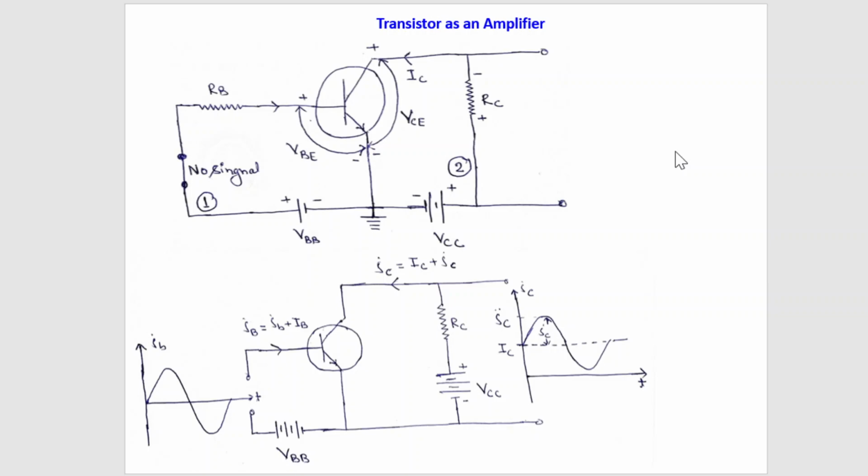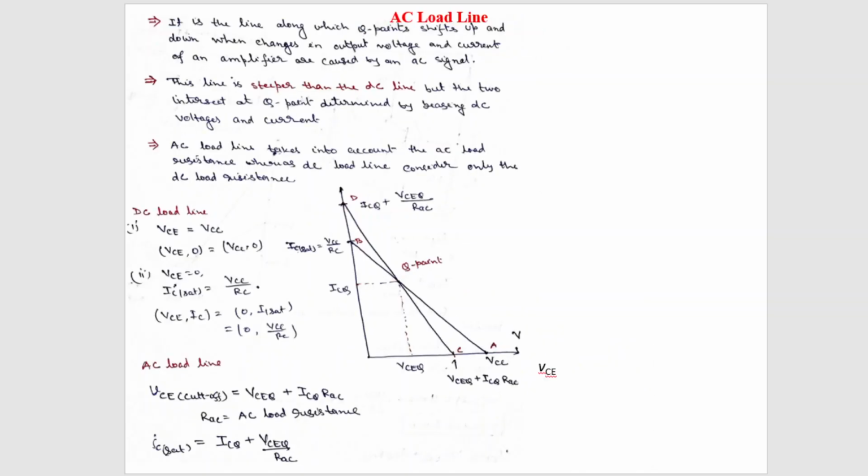And now when we use the transistor as an amplifier, we apply an input AC signal. When we apply an input AC signal, I have discussed how the current and voltage notations change. In that situation, if we draw a straight line on the output characteristics of that particular transistor, then that load line is called an AC load line. So in today's lecture, I will discuss the basic concept of AC load line.